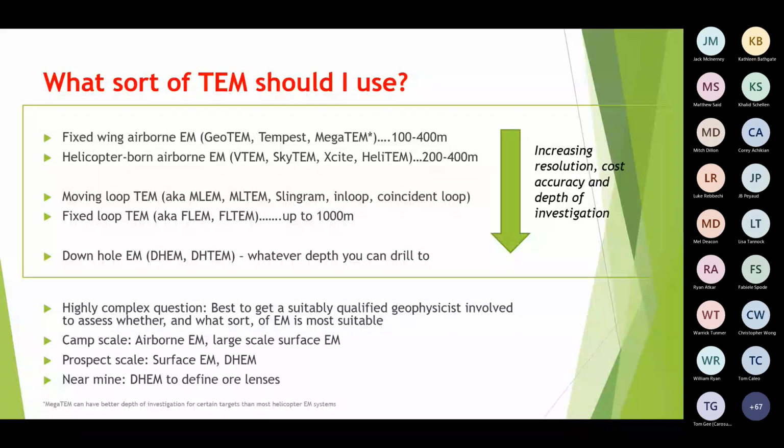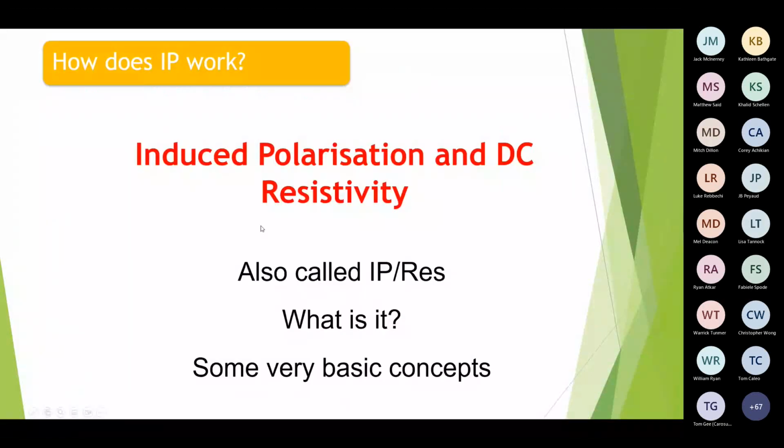So let's move on to IP. So how does IP work? So IP has two surveys. It's an induced polarization and DC resistivity survey. So what is it? Let's do some very basic concepts. First, let's talk about DC resistivity, because that's the easy one. That's really just how well the ground can